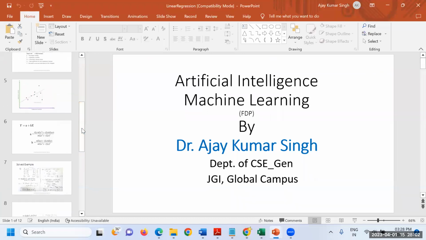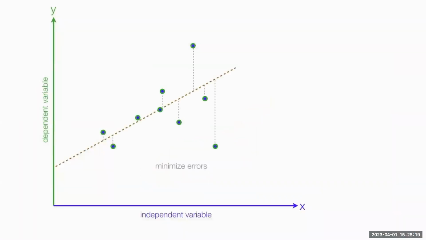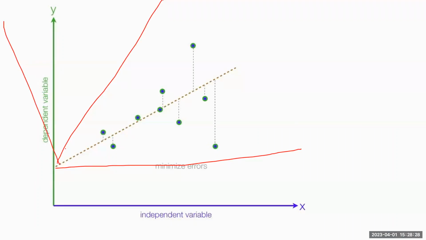So basically I'm talking about this part. These are the scattered points, and from here to here, we are calculating the errors. Clear? That is the root mean square error we are calculating, and it has to be minimum, isn't it? I mean to say, why am I not taking this line? Why am I not taking this line? Why am I not taking this line? Because the error of this line is much higher as compared to this one.